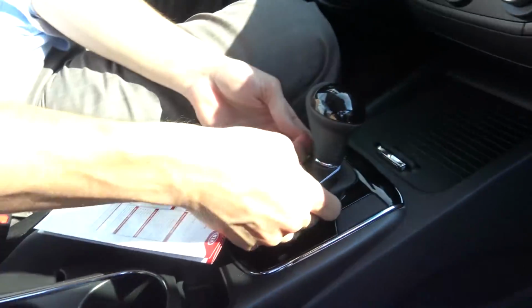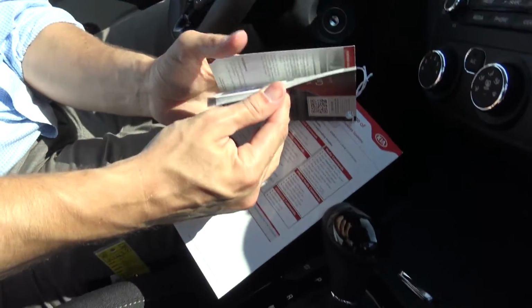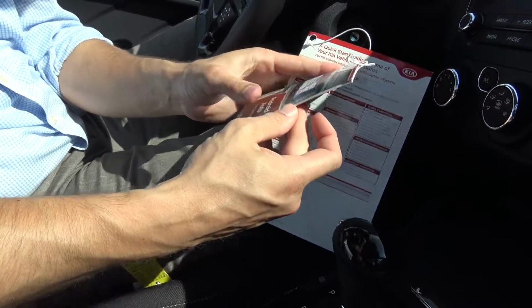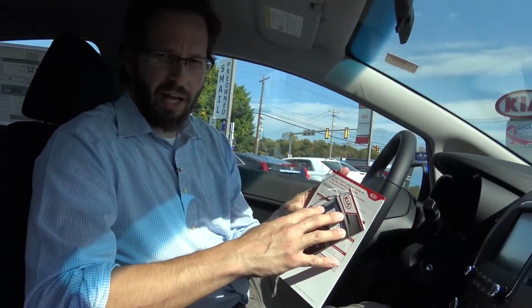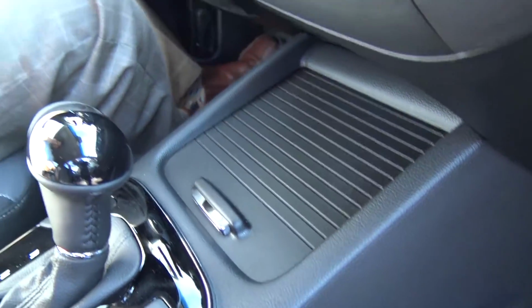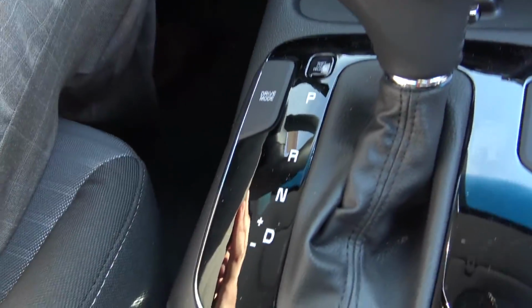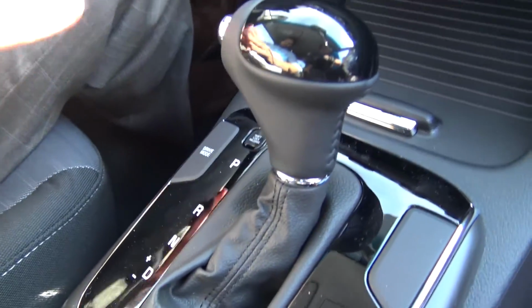Down here in the center, it looks like we have some more information about Android Auto and Apple CarPlay. So this is to sync up your phone. This will be something good that we ask Corey after the test drive to get some more information about this. If we continue our way down, we have your gear shift. Looks like there are different drive modes with the car, so we could test that out on our test drive. And then up here,